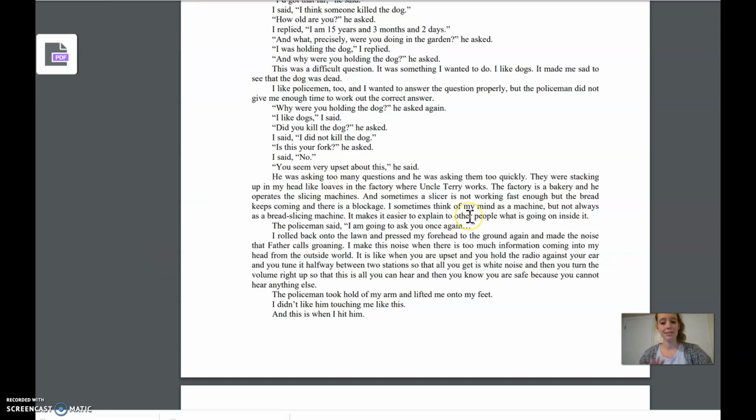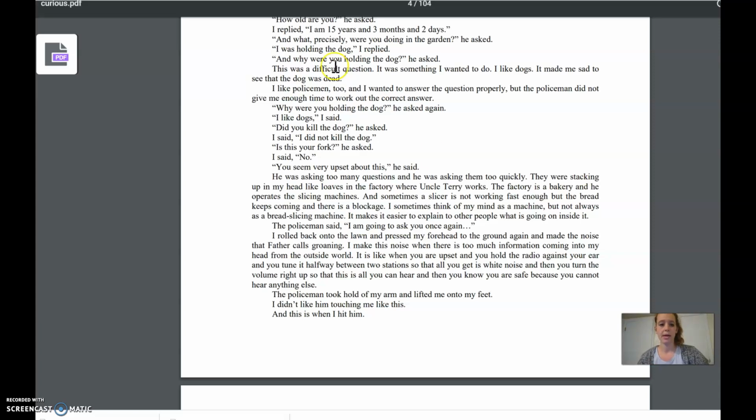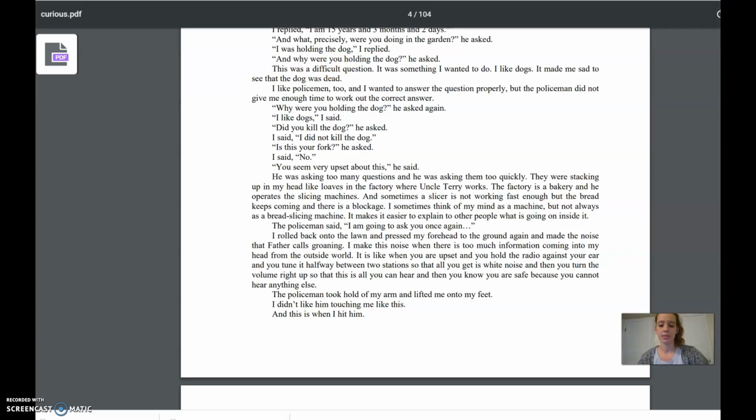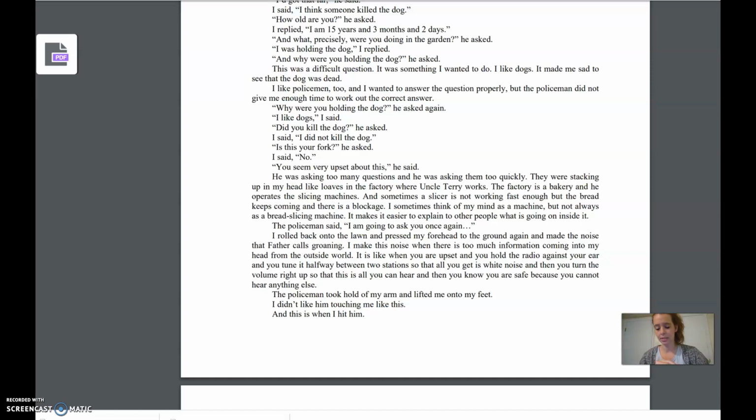Okay, so I'm going to stop there. That's the first 4 pages, and then you will finish the 5 through 11, so 1 through 11 total for this week. When you go back to Schoology, you'll see some discussions, both for the autism introduction videos and then a discussion to go with the first few pages that I just read to you about what are some features of Christopher, what do you know about him, how does he think about the world.